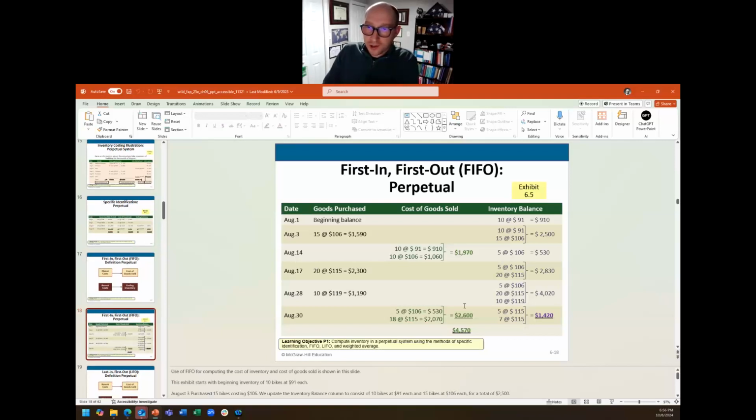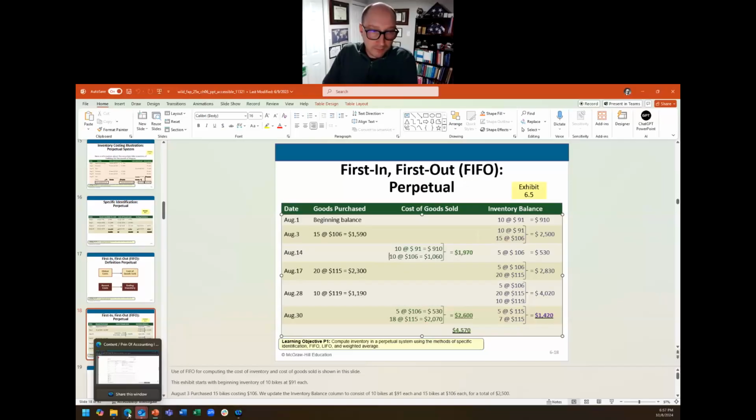So we would calculate it just like this. We're continuously selling the first amounts, right? So I started with this, I purchased this, we sold this, which means we're going to sell that first batch that we had at the beginning, first in, first out. So we sold that first, and then we sold some additional units from that second purchase. That's what that shows us. So as long as you follow that process, you should be able to derive the correct response for that question.